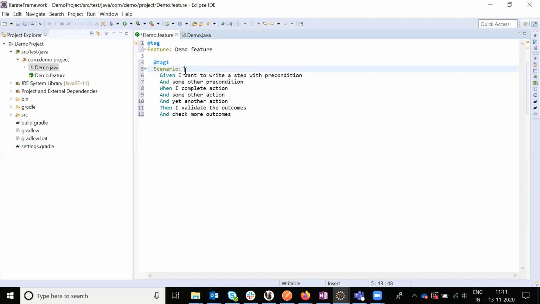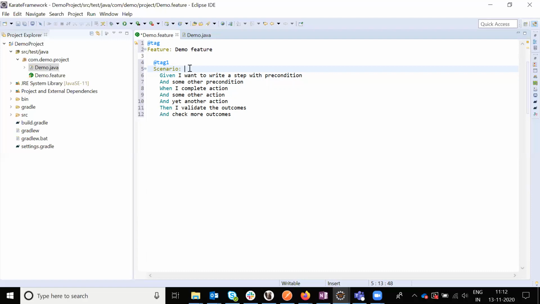Scenario, a positive scenario giving the valid username, that is a scenario. At the same time, in one feature file we can add n number of scenarios. Means in one feature we can write thousands of scenarios.